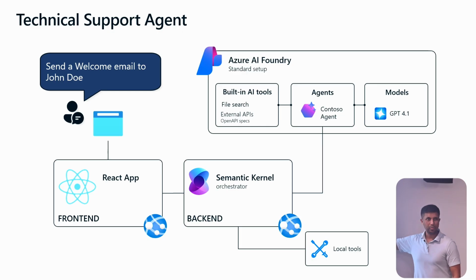So when you interact with your React application by sending the user prompts, it would call the backend, and the backend would actually use the AI Foundry, that's the agent that's deployed in AI Foundry, and create a thread, get the response, and feed that back to your React app. So in this quick example that I have,